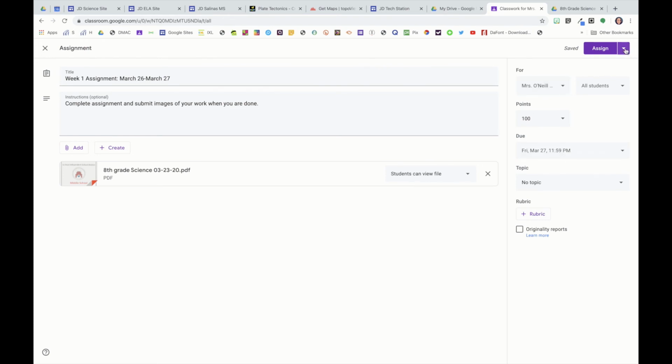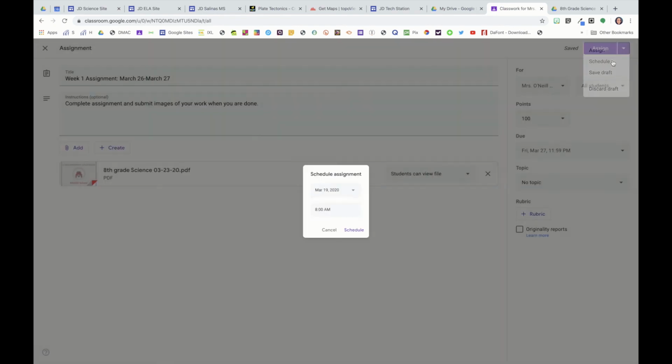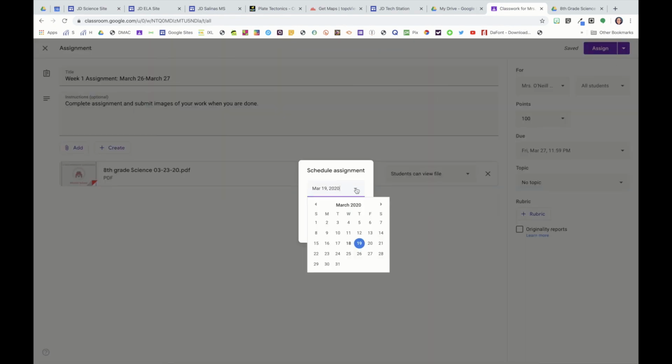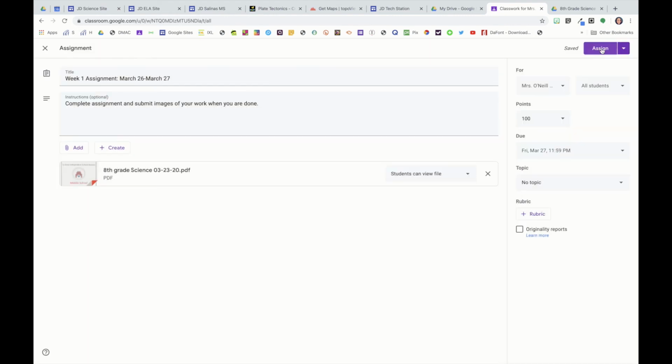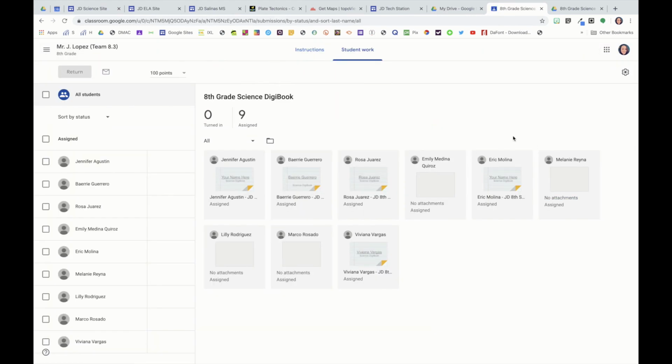Once we're done with that, it automatically saves it for you, or you can go and schedule when you want this to be sent out to the students and at what time. At this point, I'm just going to go ahead and assign it just so that we can see what it's going to look like. As an example, in one of my other classes, this is what it looks like once